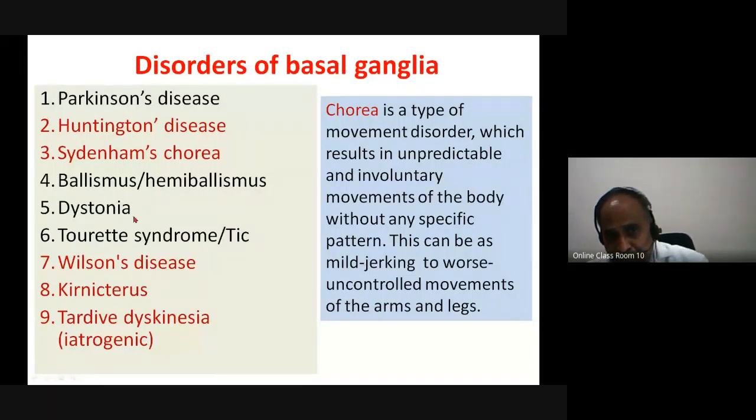The ones I have marked in red: Huntington disease, Sydenham's chorea, Wilson's disease, Kernicterus,